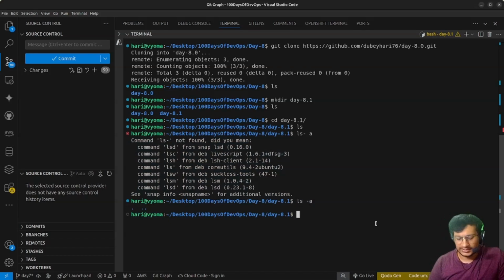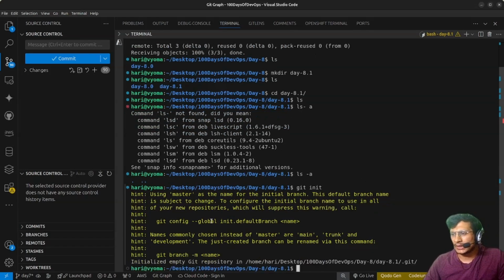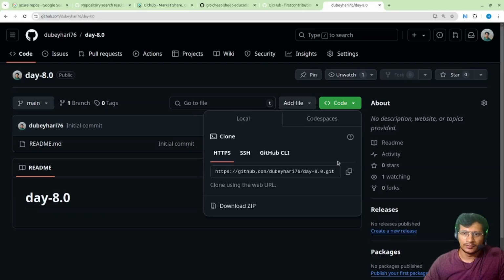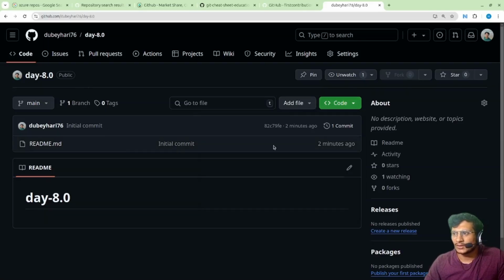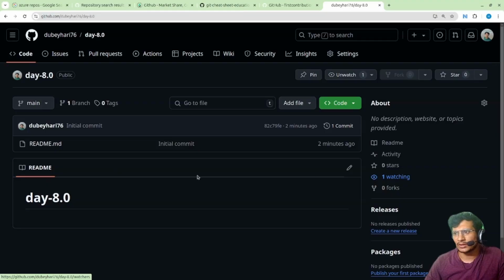Right now there is nothing in this repo, but if I just run git init, I'll initiate my repo. Okay, then how would I configure this repo to my remote repository? So there is one method. With the same name, or the name is not important over here, this day 8.1, but it is a best practice to keep the repo name the same as your local repo. Okay, so I just go back to my account,